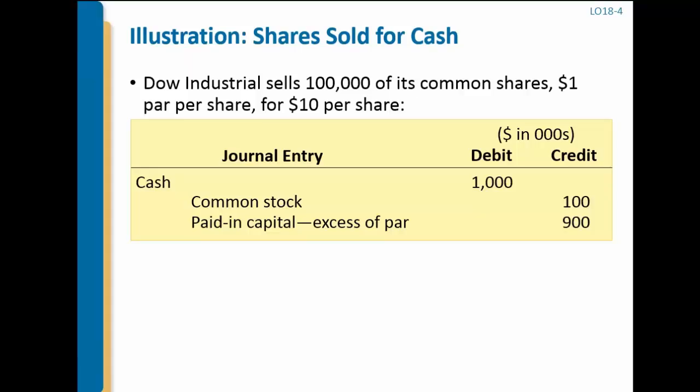No, par value is actually not always $1. It could be much less than $1, could be less than a penny, or it could be greater than $1. For our purposes, $1 works because it's easy, but $1 is not necessarily the case. Okay, so Dow Industries sells 100,000 shares of its common stock of $1 par value for $10. You notice that the transaction is separated between common stock, which is the par,